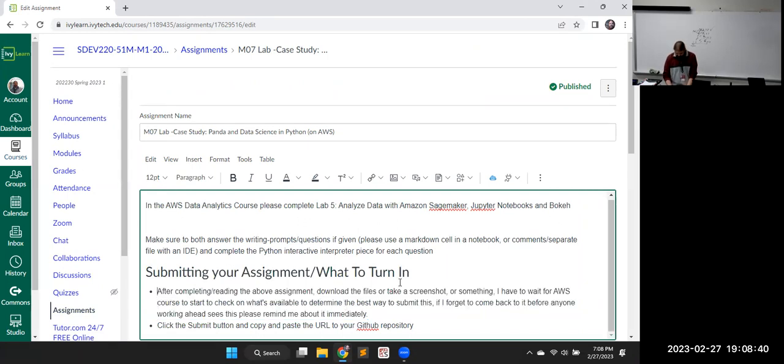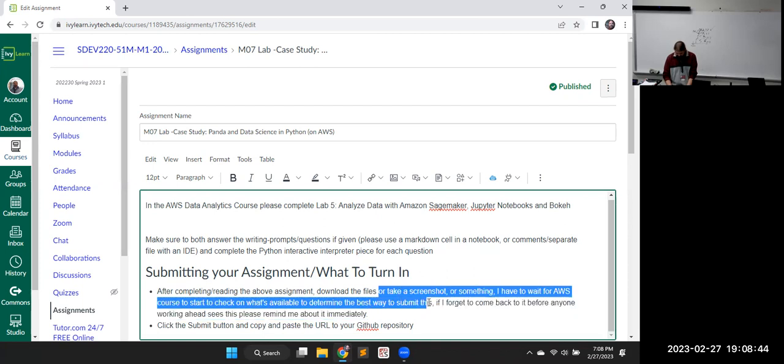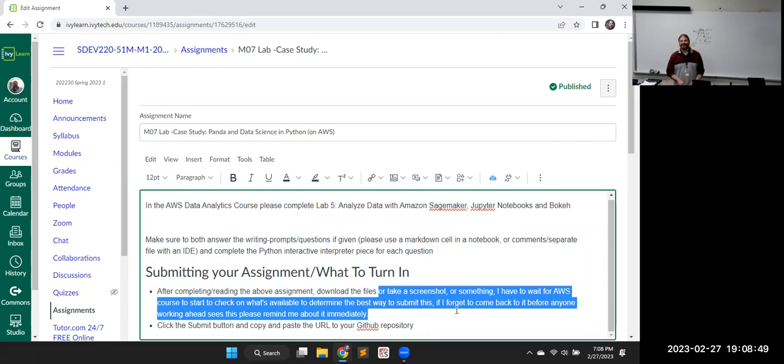After completing the above assignment, download the files. Yeah, I guess nobody's looked at this yet because I put a note. The instructions were to remind me if I haven't changed it yet. Download the